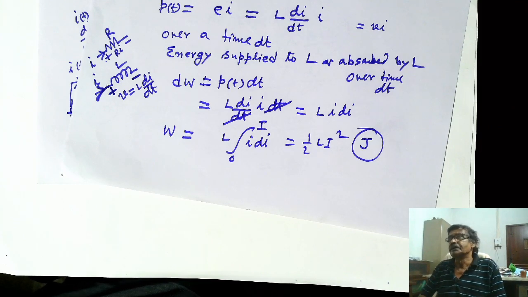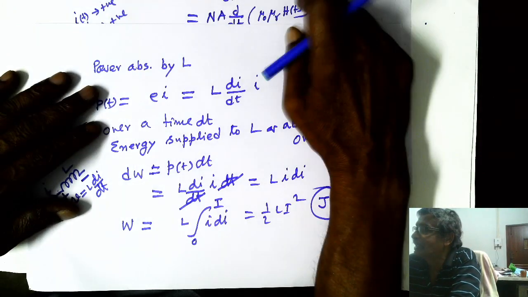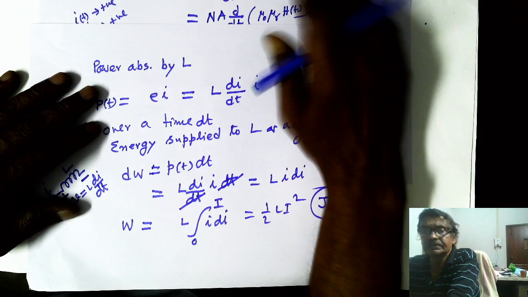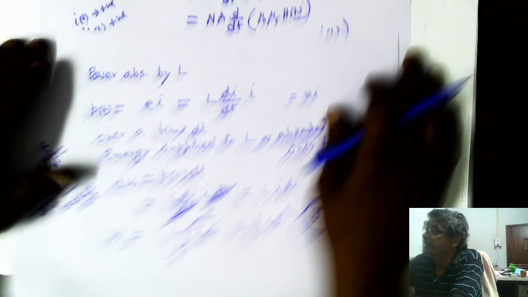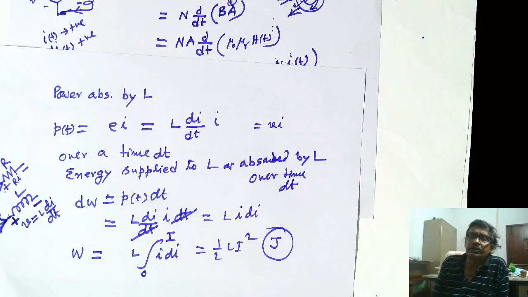When you extract that energy out of that inductor, all the lines of force will collapse. If no current is flowing in this coil and there is no flux here, not even residual flux, because I have assumed linearity, then the energy stored will be 0. Mind you, the energy stored depends on the flux lines being present; then the energy stored is this much.